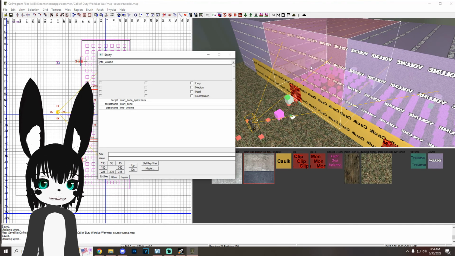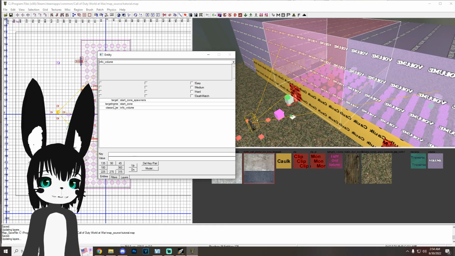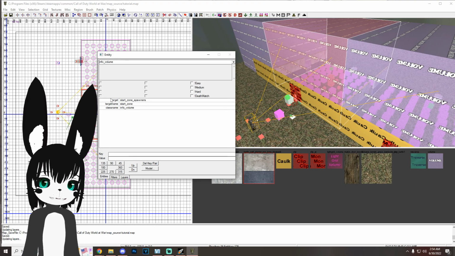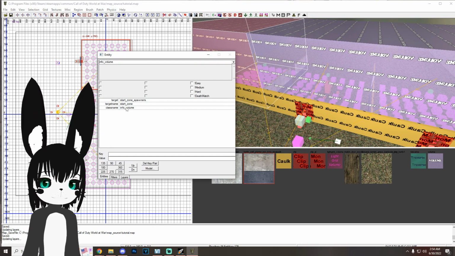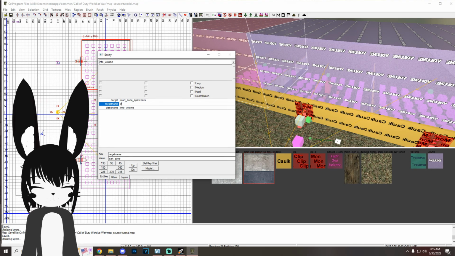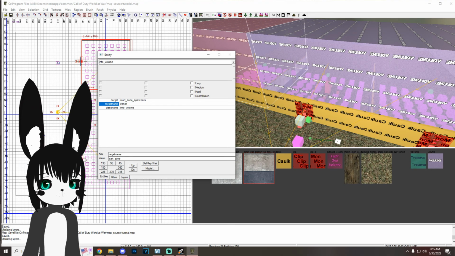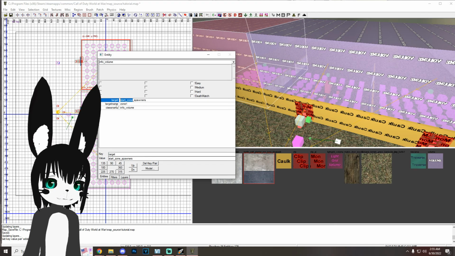So for this one in the start room, if we press N, you can see it says target name start_zone and target start_zone_spawners. So what we're going to do is to our left, we're going to select the volume, press N, and we're going to change start_zone to zone 1, then press enter. Then we're going to change target start_zone to zone 1 as well, press enter, and go back to